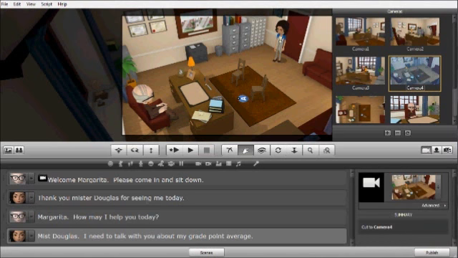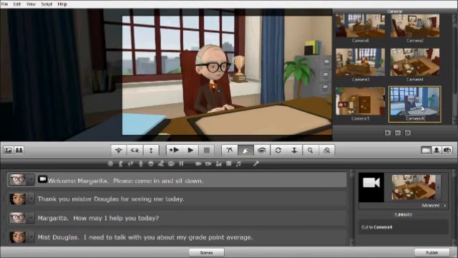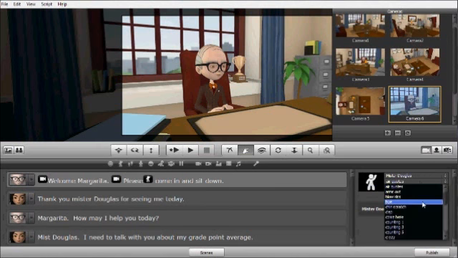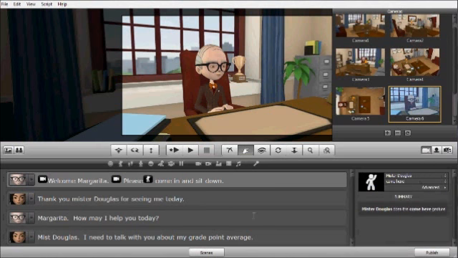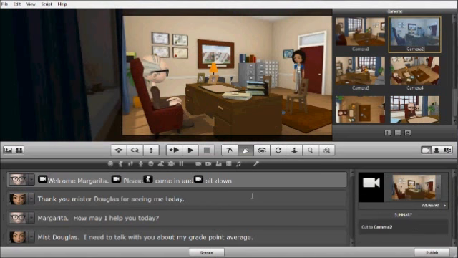Pretty quickly, I want to switch to a close-up of Mr. Douglas. And then I'm going to add in for him a gesture of doing the come here gesture. And then I'm going to switch back to a camera angle which shows us Margarita walking into the room. I'm going to continue with that camera angle